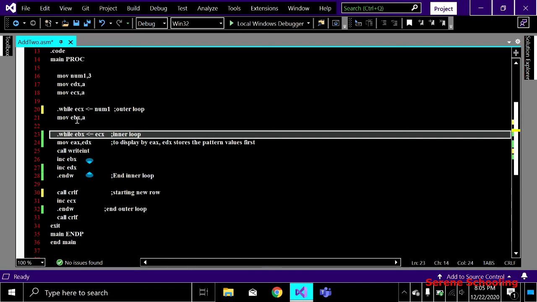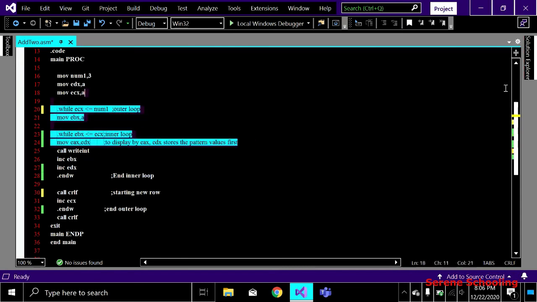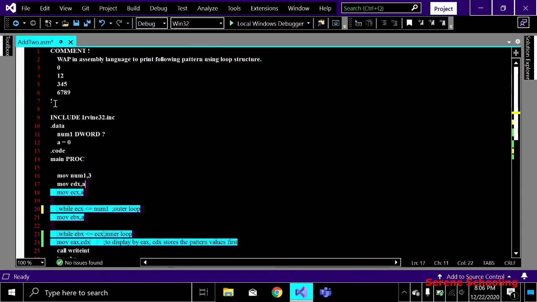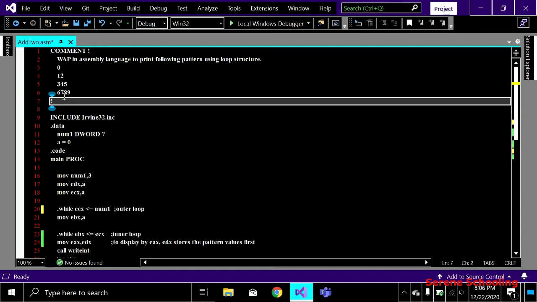Is 3 less than or equal to 3? Yes, we have to clear our EBX again, so that it becomes 0. Is 0 less than or equal to 3? It means now how many times does my loop work? It becomes true at 0, true at 1, and so on until EBX becomes 3, right? So it will have to work 4 times. Like see here, you can see 1 2 3 4. So I have to make that statement true so that I print the column 4 times, right? 4 columns are there.